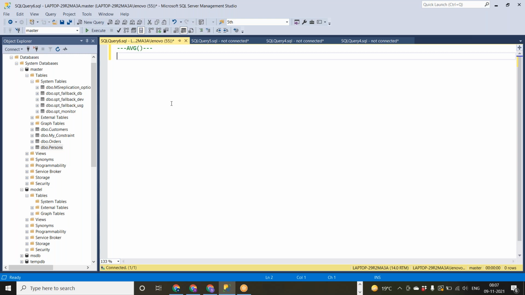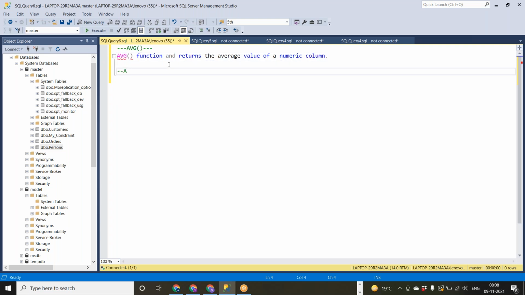Any numeric column which has numbers, we can get the average of that particular column with the help of this average function. So average is a function and it returns the average value of a numeric column. So it should be a number column obviously in order to get the average of it.